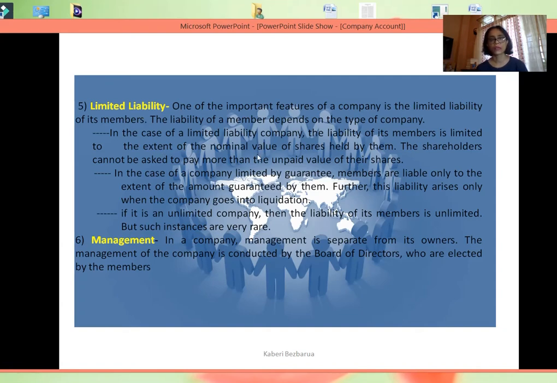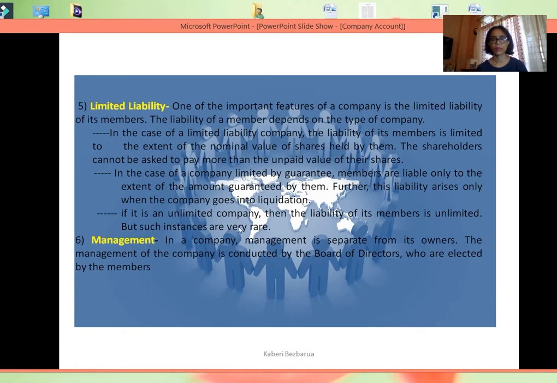But there can be other exceptions, that over and above the shares, a shareholder or member of a company can guarantee that in case of winding up, that is, in case the company is closed out and there is need of funds, a member may guarantee that over and above the share capital, the person guarantees the company a certain amount of money. So those companies are known as company limited by guarantee. That is, the members, in case of winding up, provide a certain additional amount.